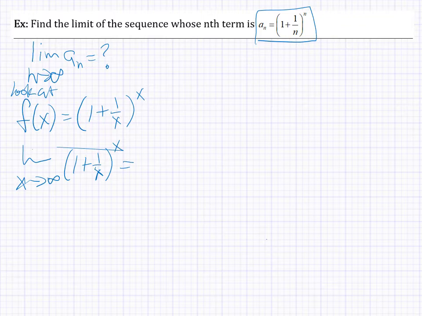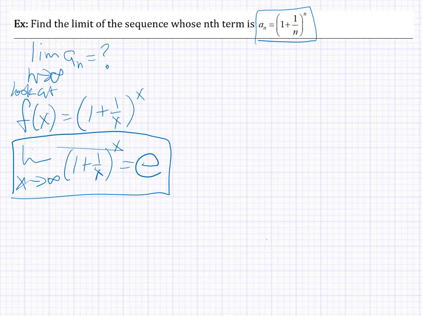Well, this is a limit that we have done before. This is a limit you should have seen before. And we did this limit using L'Hopital's rule, and we found out that this was the limit that equaled e. If you don't remember, you have to go back to our L'Hopital's rule lesson and review that, but this is the limit that equals e. Well, so if this limit equals e,